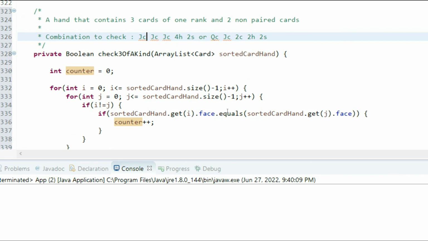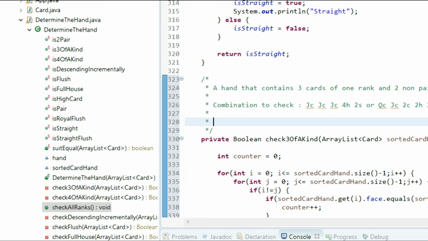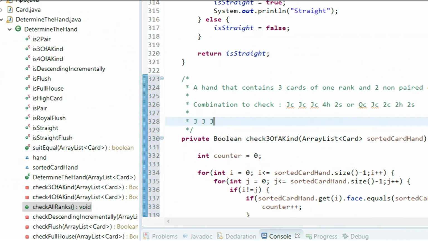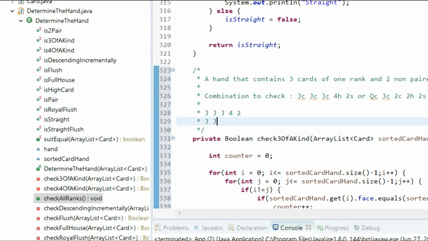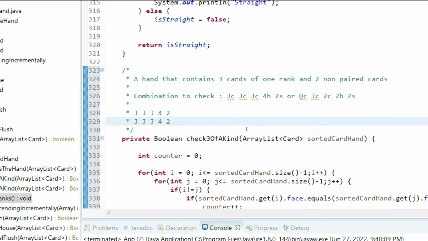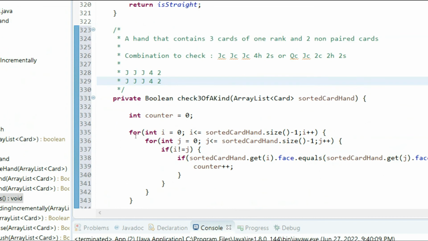You know what? Let me just see if I can try to write something out here. Let's just say we have jack, jack, jack, 4, 2. And then we have another one, jack, jack, jack, 4, 2. Basically the way this code is going to work is we're making sure in this loop that i is not equal to j. So what's happening here is that when we make our way through this